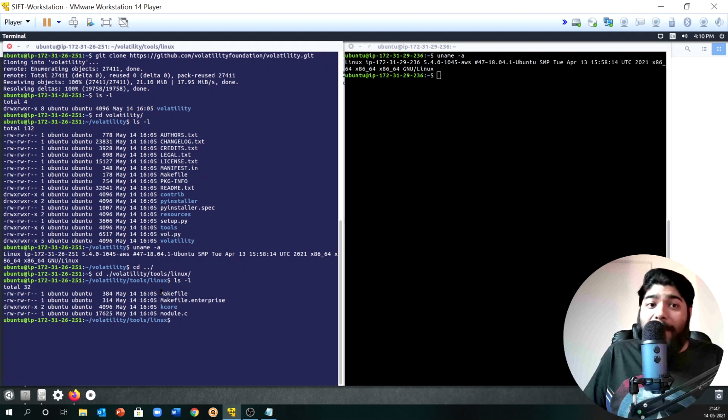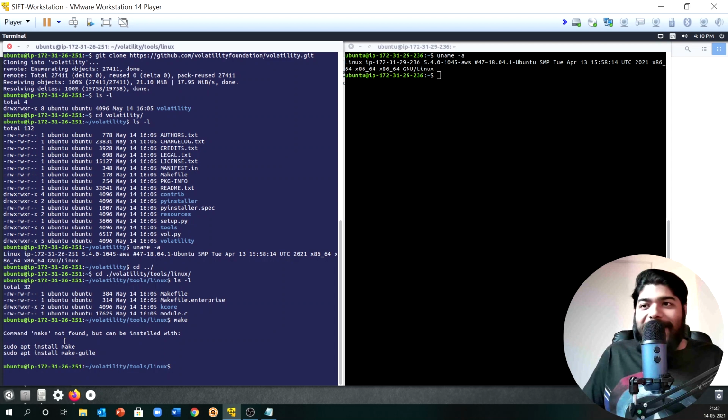If we do ls -l, you will see there is a file called makefile. This might give you a hint that we need to either run some make command or build something. So let's see. We will simply run make. You see there is no make command, because the machine is fresh and you need to install it.